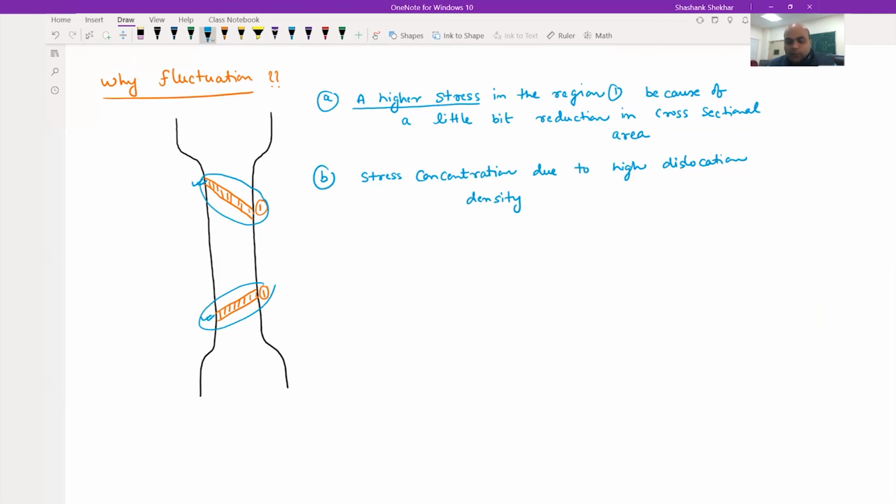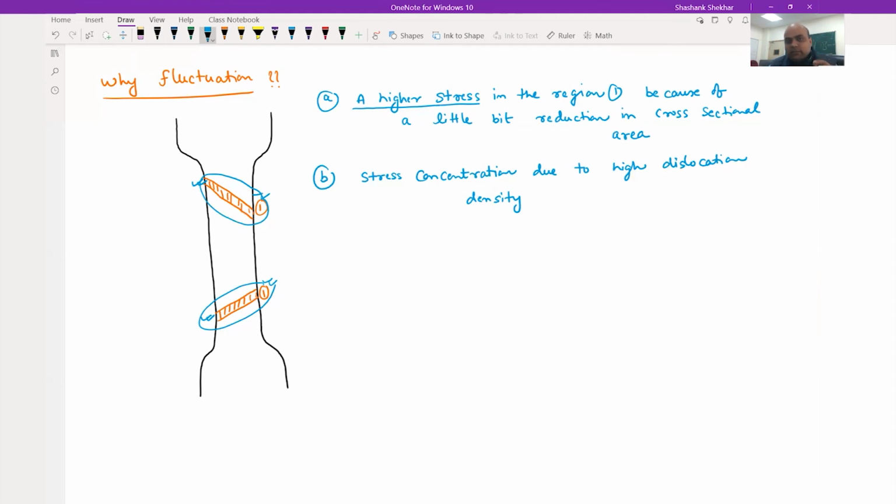Okay. Now point B is more dominant compared to point A here. So in point B, since you have formed these Lüders bands, you have generated more number of dislocations. So this dislocation density increase will lead to a stress concentration near region 1 in both the regions here. Okay. This means that locally near these two regions, you have a stress increment which can lead to the removal